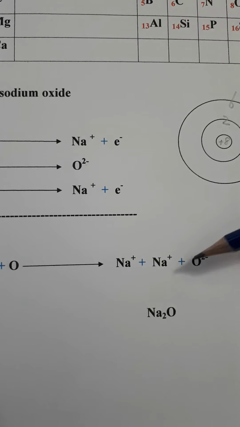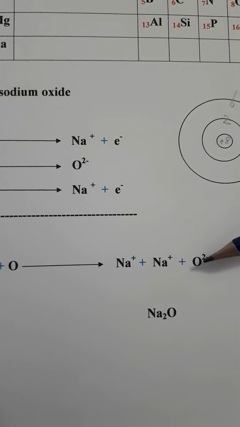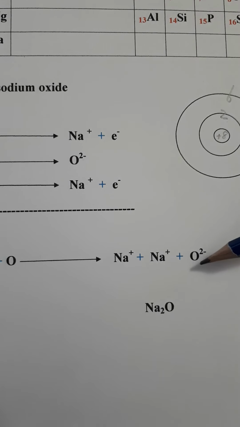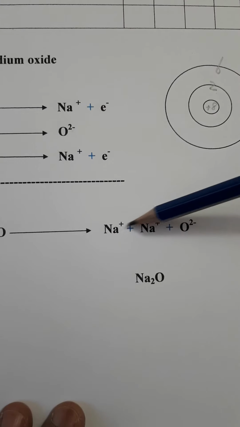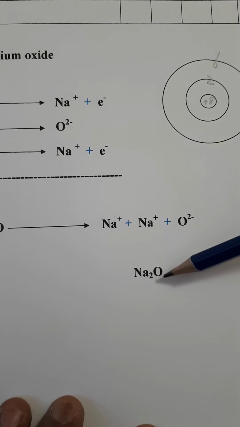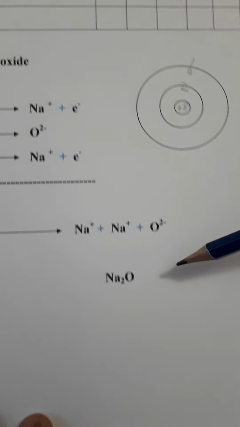So the negative ions will have a special name. We don't call it oxygen. We don't call it oxygen minus atom ion or something. It's called oxide ion. This is called sodium ion. We don't change the name. So together we can write without charges Na2O. So you can see this subscript 2. So this is how